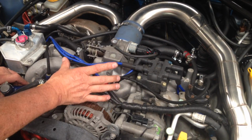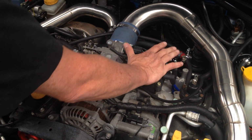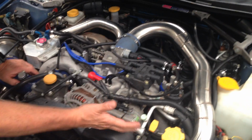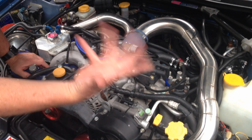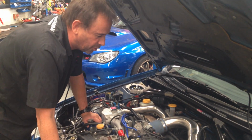The earlier models had the coil packs in the middle, but being an MY99, this was the car which was the beginnings of the first ECU that we could tune with RaceROM technology. So if you've got an MY99 with a coil pack there, the good news is we can actually tune the factory ECU. If the coil pack's in the middle, unfortunately that's the earlier model which you cannot tune the factory